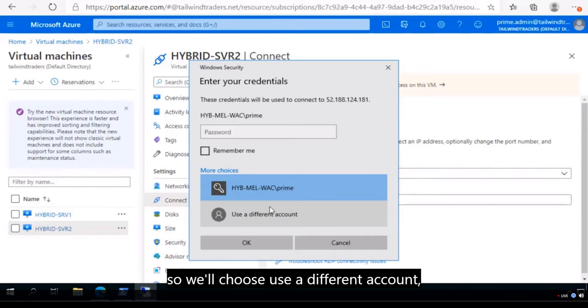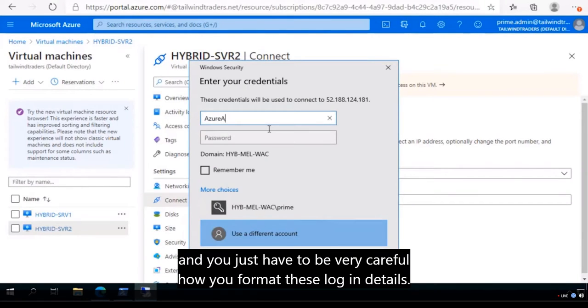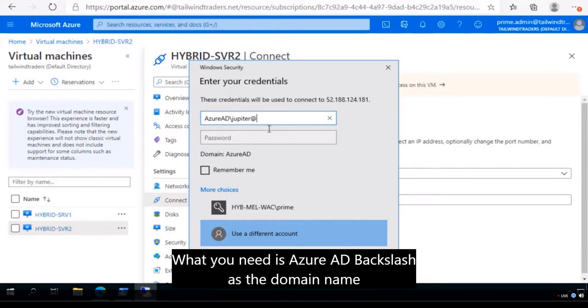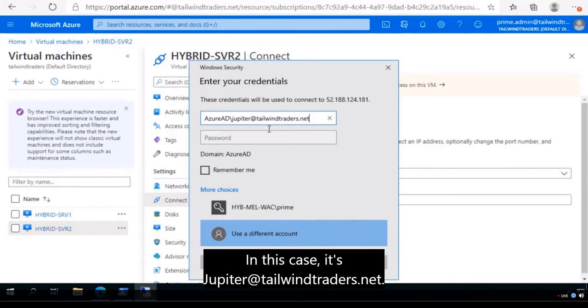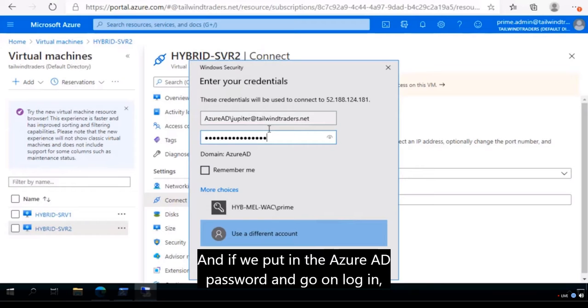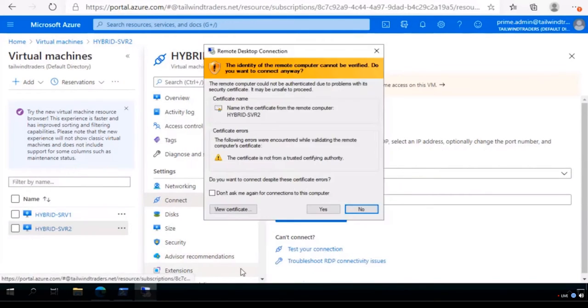So we'll choose use a different account, and you just have to be very careful how you format these login details. What you need is Azure AD / as the domain name, and then the full UPN, this unique name of the user's account. In this case, it's jupiter@tailwindtraders.net. And if we put in their Azure AD password and go and log in,